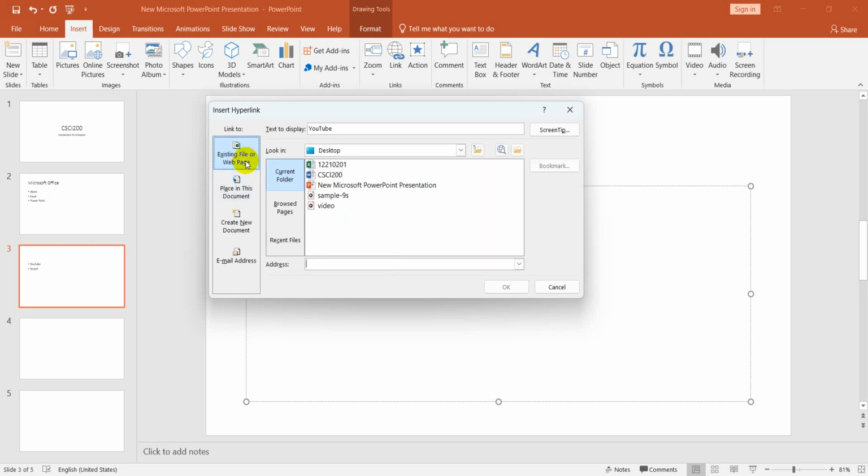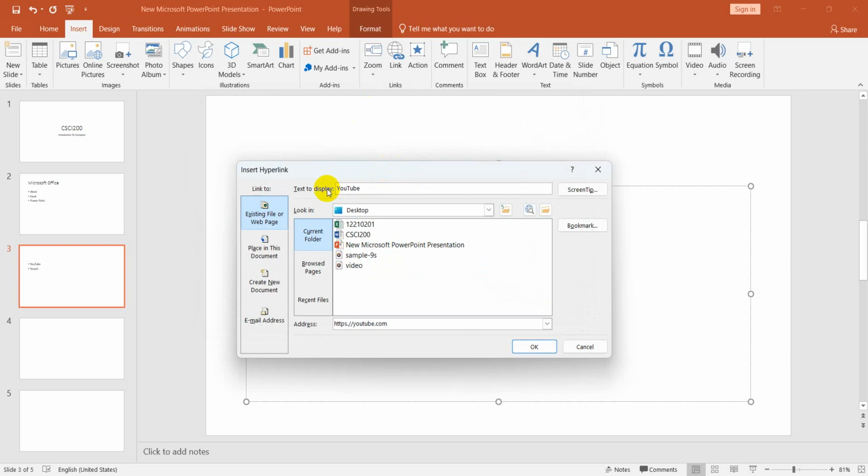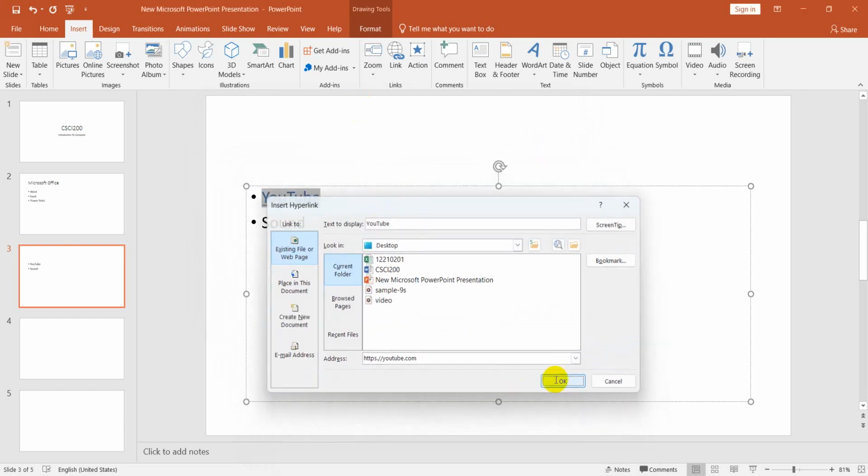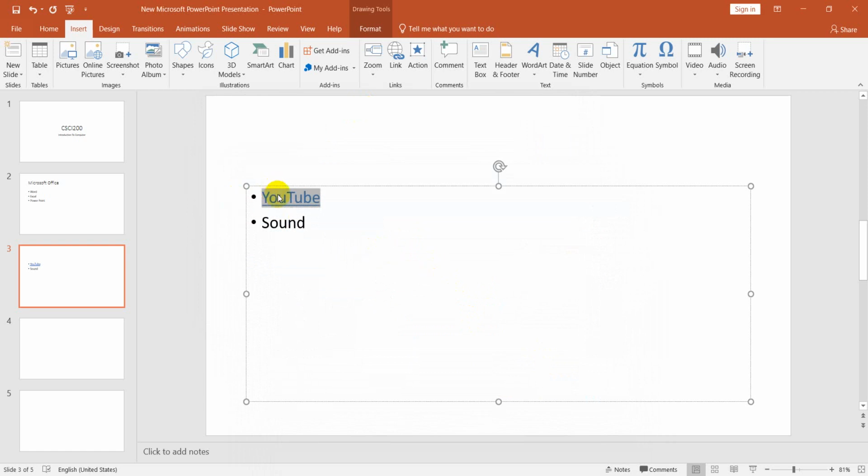So let's say here I want to insert a link to Google. So here I need to write the URL address of Google, and here I need to specify the text to display, which is YouTube. So if I click OK now, here I have a link that if I follow it by holding the control and clicking on the mouse, it will redirect me